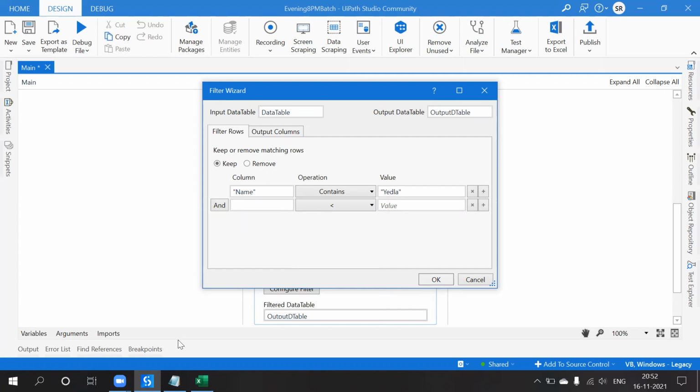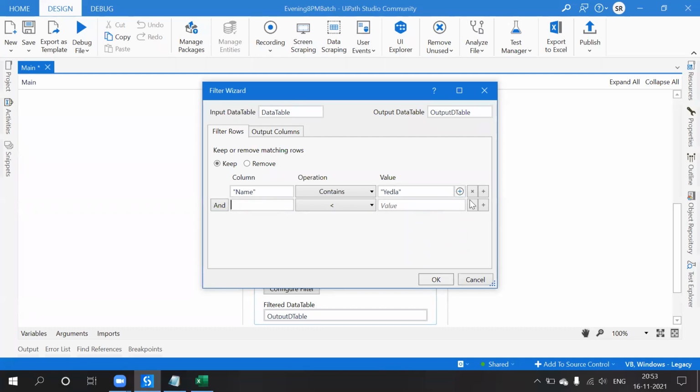Here again there will be a difference between AND and OR. AND means if this condition has to be satisfied, this condition also needs to be satisfied. Okay, so here I use name.